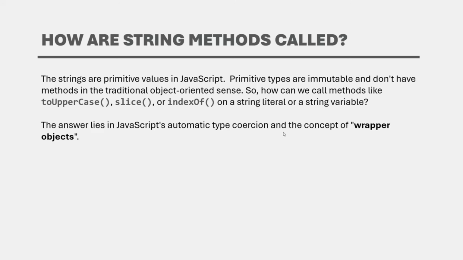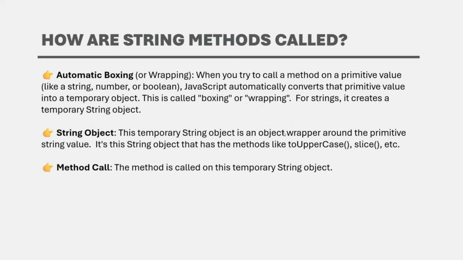And this type coercion concept is also used when we want to use string methods on a primitive string value. So what happens behind the scenes is, when we try to call a string method on a primitive string value, first JavaScript converts that primitive string value to a string object, and that is called boxing. When we convert a primitive value to object type, that is called boxing. Then once a string object is created, and remember that this string object will be a temporary string object,